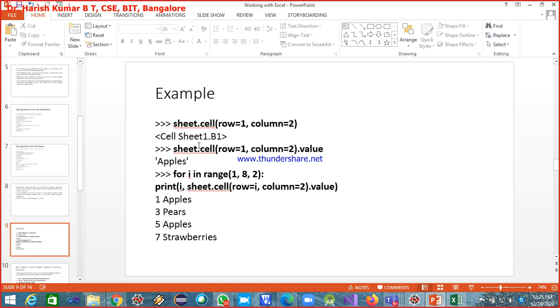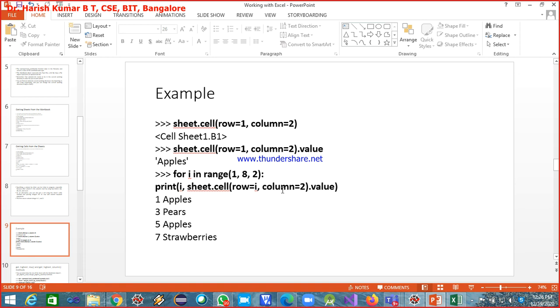Next, here you understood how to access one particular cell value. Now what if I want to access multiple cell values? So I am running a for loop: for i in range 1 to 8 in step count of 2. I am printing the row number, and then I am also getting the corresponding row and column value.